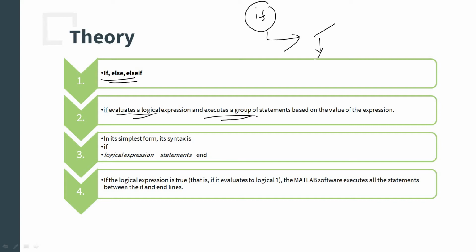In its simplest form, it has the syntax: the if statement, the logical expression, the statements, and it is supplied with end.